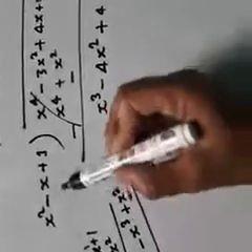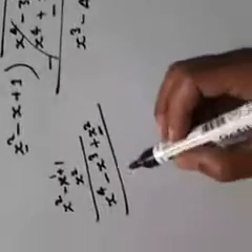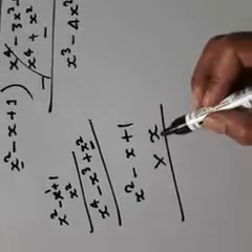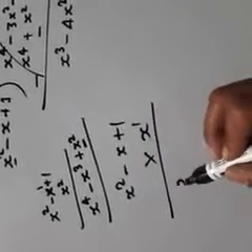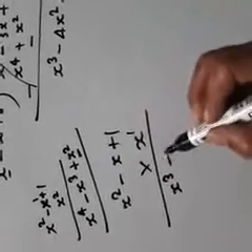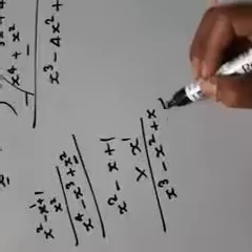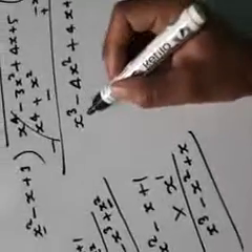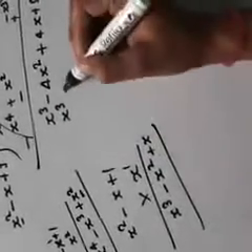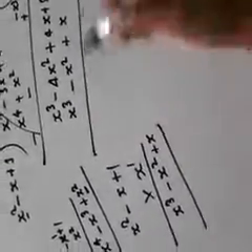Now this time, it is done again. From this first term x square you have to make x cubed. So how can we make it? Now this time x square minus x plus 1 we have to multiply by x. So x raised to the power 1 into x square will become x cubed, powers will be added; x raised to the power 1 into minus x raised to the power 2; x raised to the power 1 into 1, we will get x. Now write these terms, write the like terms together, x cubed minus x square plus x. Now again it is done.